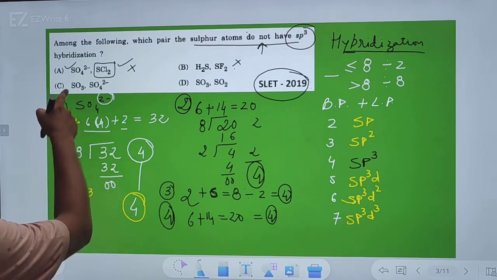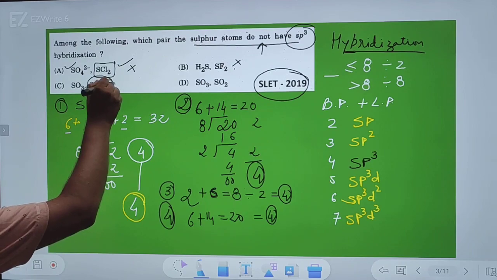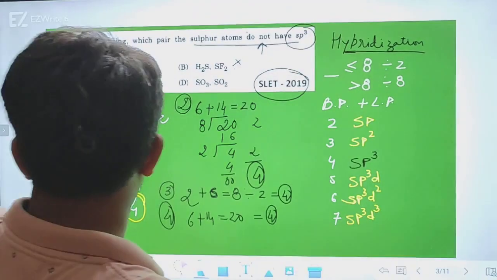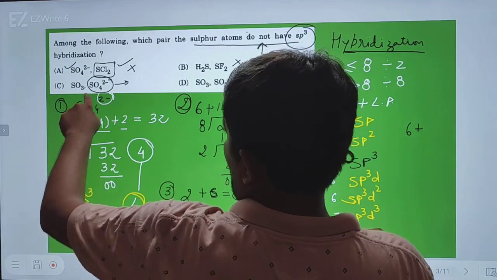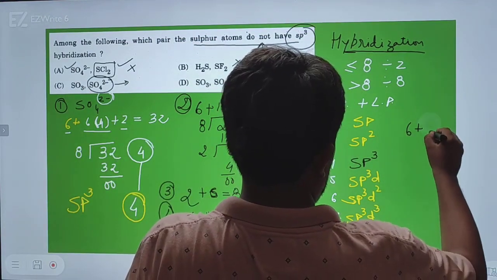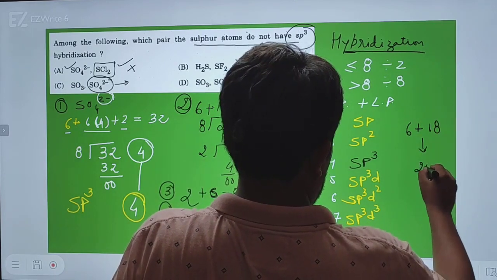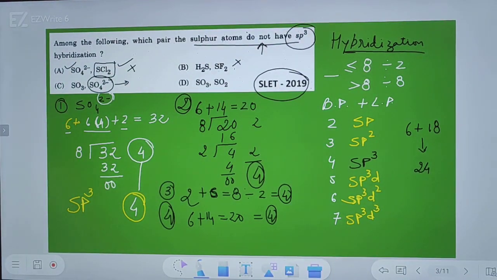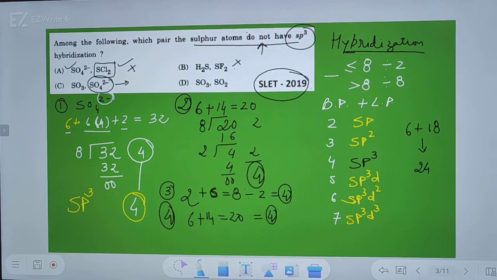Let us move ahead and check SO3 and SO4 2 minus. SO4 2 minus we already know it is sp3. Let us check for SO3. I am just going this way to solve it. SO3, 6 electrons of sulfur, 1 oxygen has 6, so there are 3, so it is 18, my friends, and you will end up with 24. Is it okay? 6 valence electrons of sulfur and 18 valence electrons from oxygen, making a total of 24